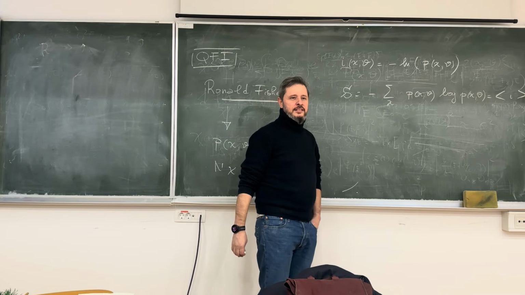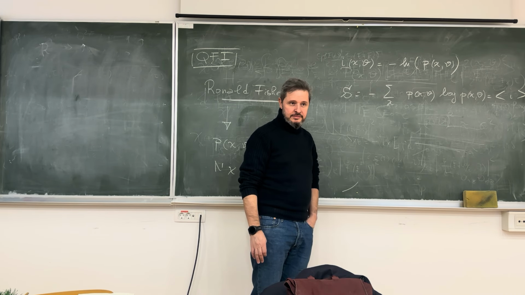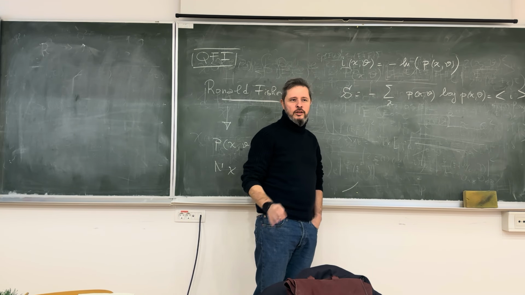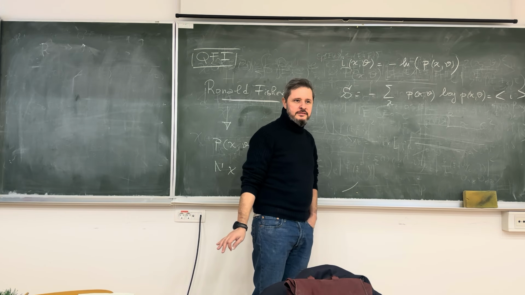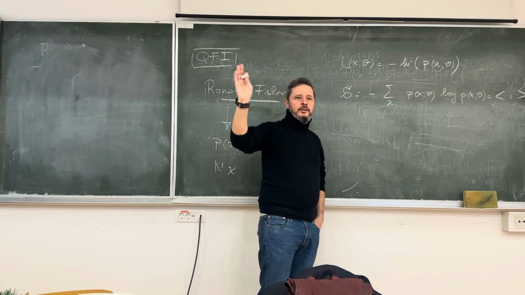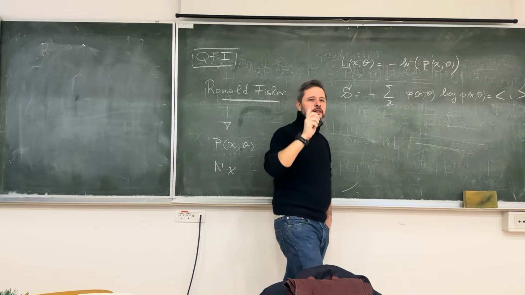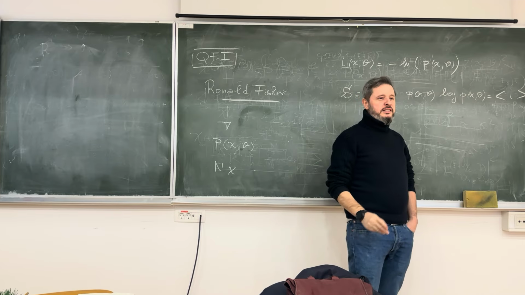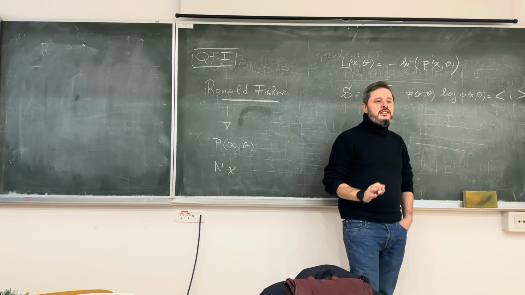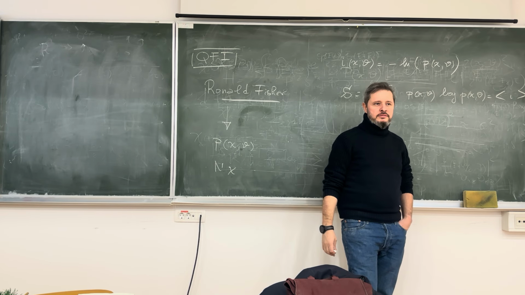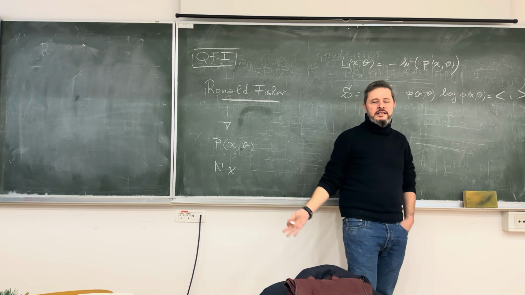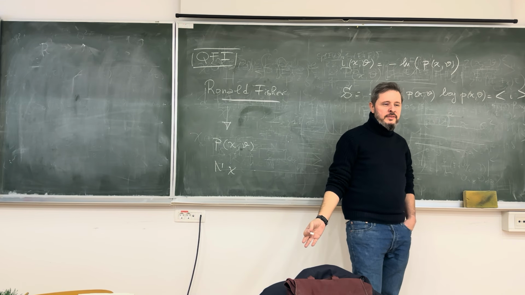Imagine that you're driving in roads at night. I don't know about Ljubljana, but in Trieste, all lights are on yellow at night, right? So you always see yellow, yellow, yellow, yellow, yellow. Probability of yellow is 1. Probability of other colors is 0, right? What is the information this yellow is giving you? 0. No information. I mean, the traffic light could not be there and it was the same.